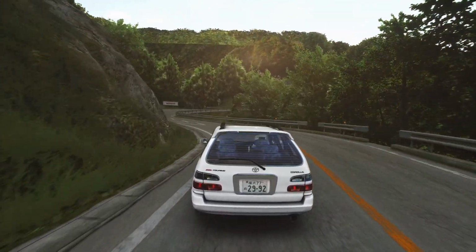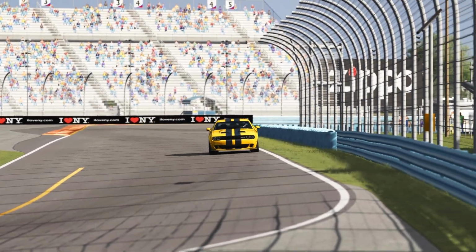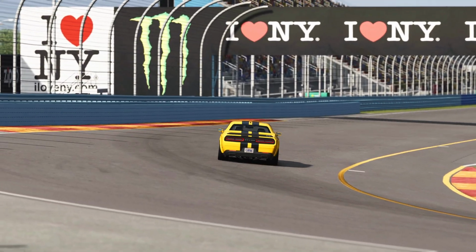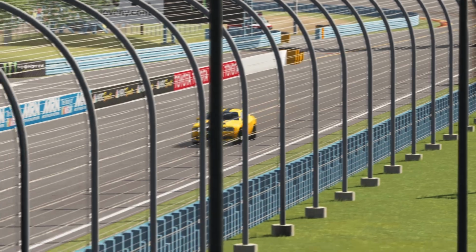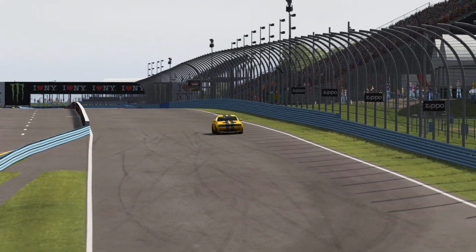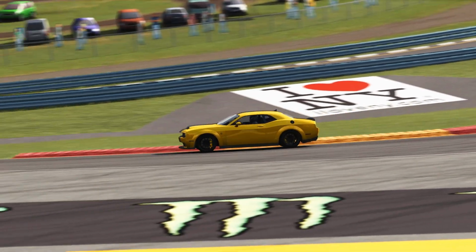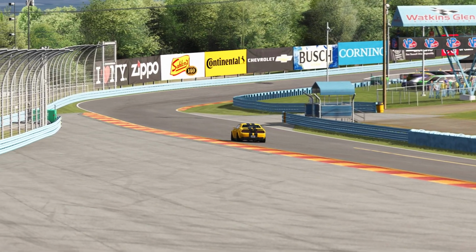But let's get right into the first mod on today's list, and that is the Dodge Challenger SRT Hellcat pack. This is made by MNBA. For the sake of this video though, we're going to be looking at the Hellcat Red Eye, which as far as I know is the top of the line Dodge Challenger that you can get. It's got 800 brake horsepower, 974 newton meters of torque. It does weigh though